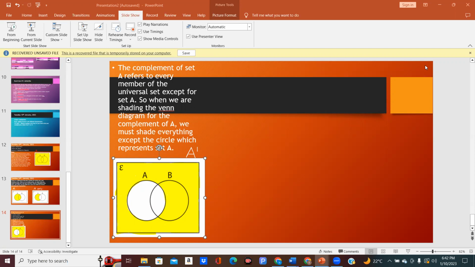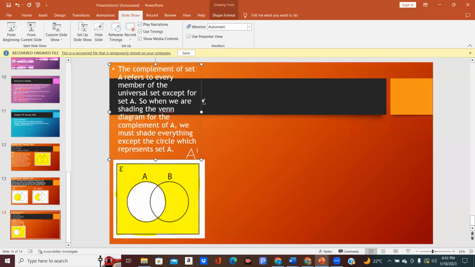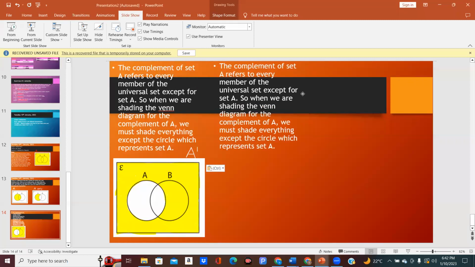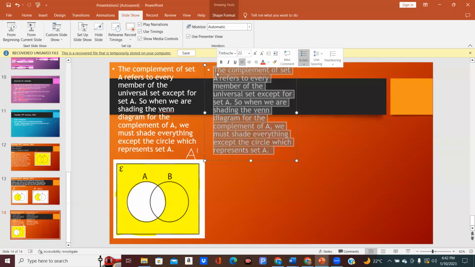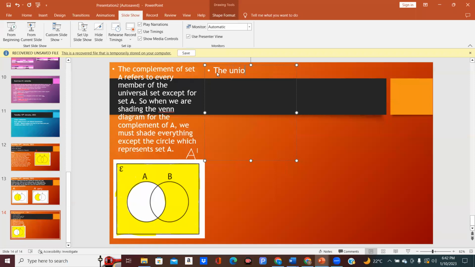The next thing that we want to do is the union and the intersection. I think that would be important. After we finish that, we should be able to go to the exercise. So we're going to look at the union of two sets,